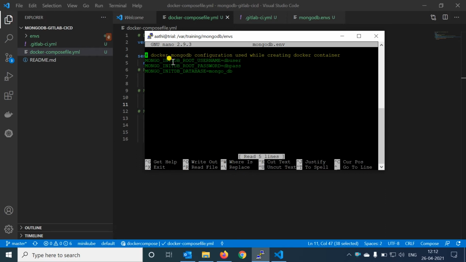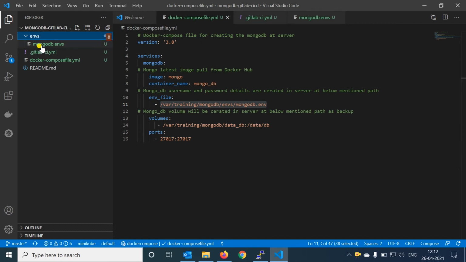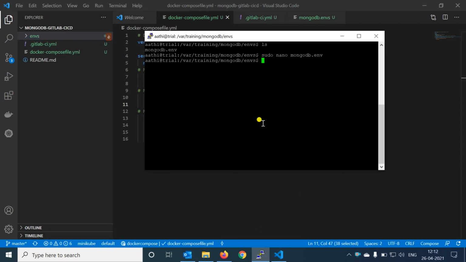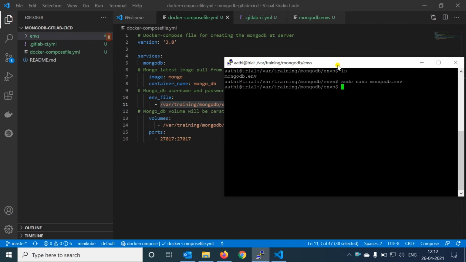Here I have created the DB username, password, and the database name. These three input variables are added here, and from here it will take them and create. This was added in my repository as the MongoDB env file. You can copy it and add it in your virtual machine, and you can change the username, password, and DB name to whatever you want.